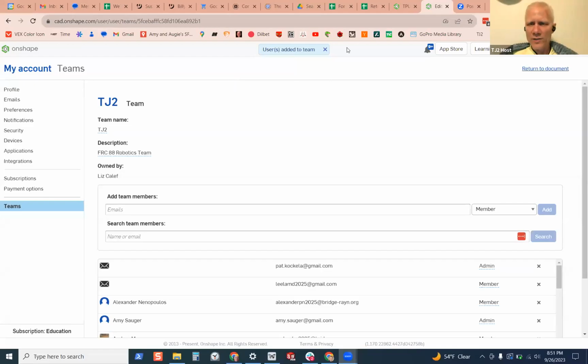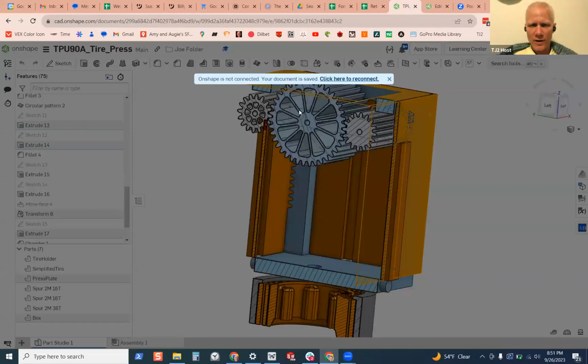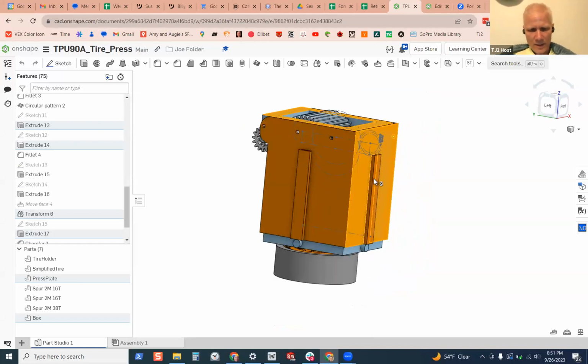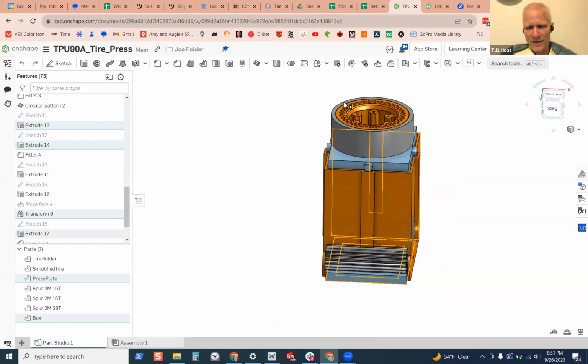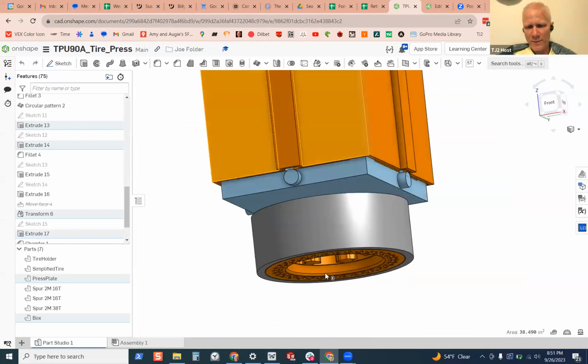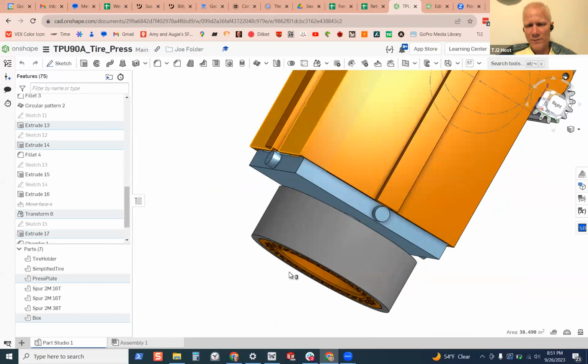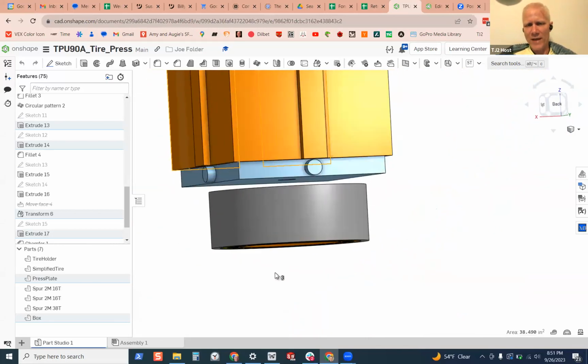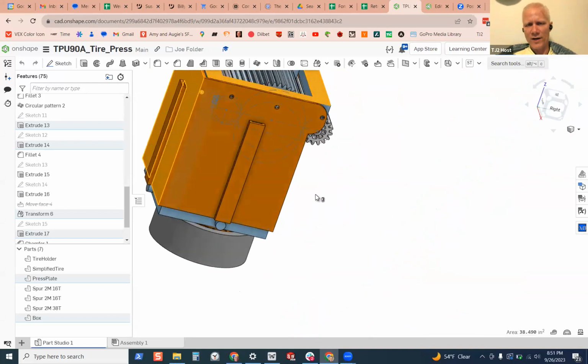I'll tell you what I did at my work today. Let me share my screen here. Before work, I was working on this mechanism. I have to click to reconnect. You have to do this all the time. And so I'm making a kind of a press. We have some special wheels that we print at my work for our FIRST team, and cleaning them up is a real pain. And so I'm making a press where we're going to be able to